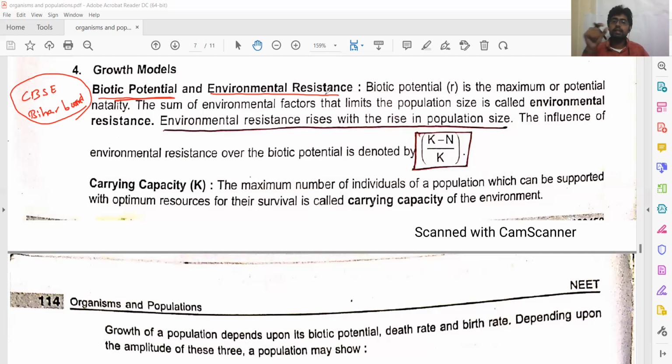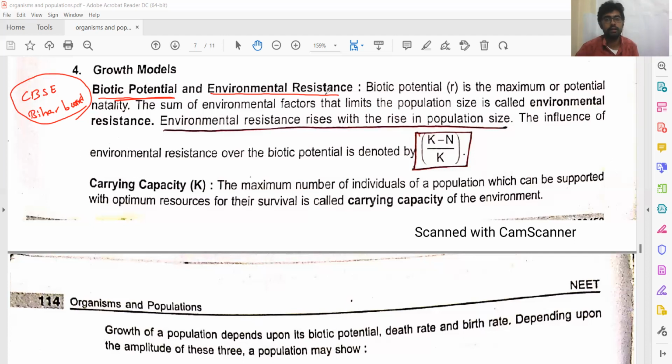Environmental factors limit the population size, either by reducing the food or by reducing the habitat. For example, tigers or lions have been reduced from the numbers they were about 100 years ago. Their numbers are constantly being reduced. Why is it? It is because we are cutting down forests and limiting their habitat. So this decrease in habitat is again an environmental resistance, which rises in accordance with the